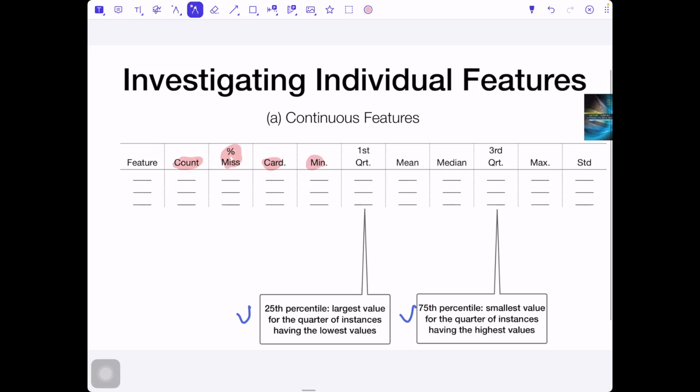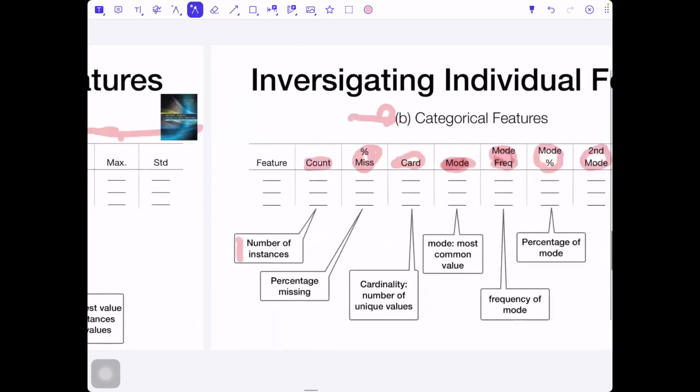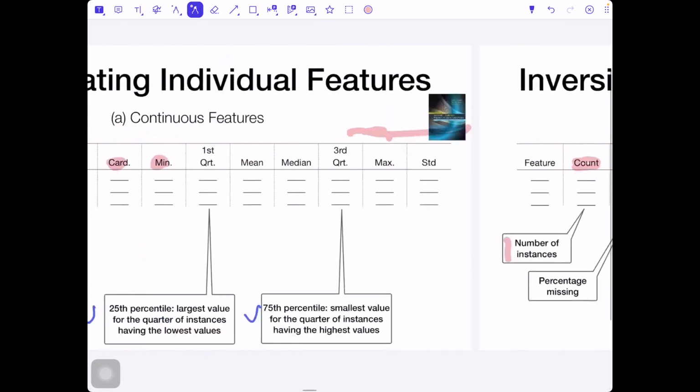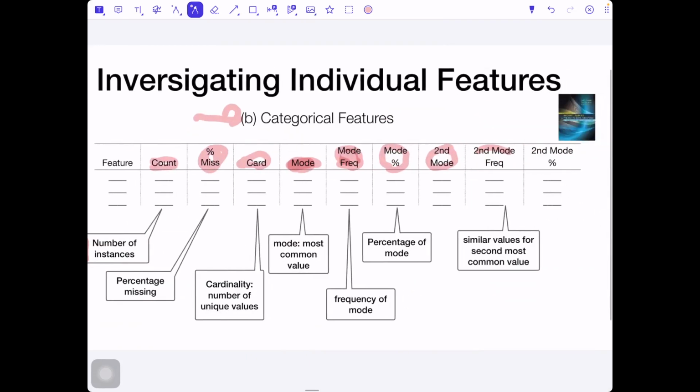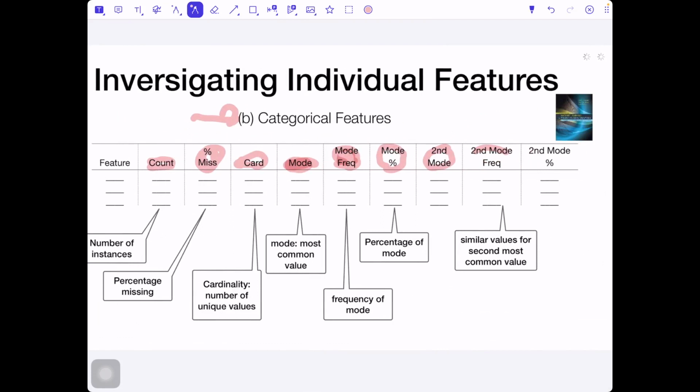This is, again, for the continuous features. Like the minimal speed is 0, that the car is standing, and the maximum speed is 50. And we can take that 25% of the cars are driving with a speed of 50 or less, and the third quantile covers about 75% of our cars. So this is for the continuous features. For the discrete features, we have a slightly different table. Questions about that?